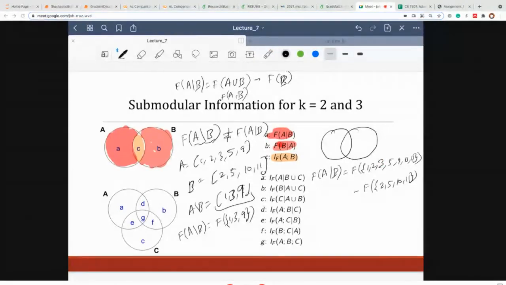Okay, so this is a set difference. This is A minus B, and this is A conditioned on B. Okay, so there are two. Isn't that the union? Yeah. So this term is the union over here. So this is f of A union B minus f of B. Yes. Sounds good. Any other questions?